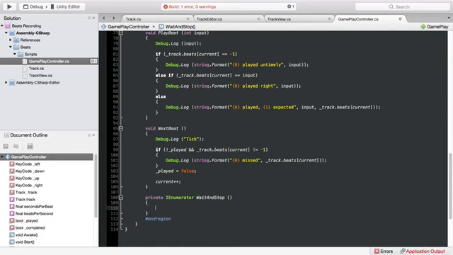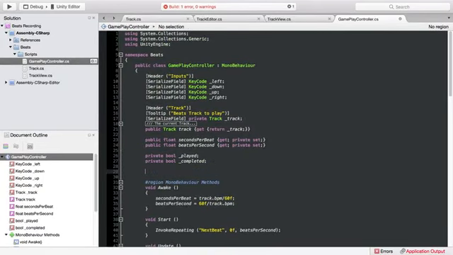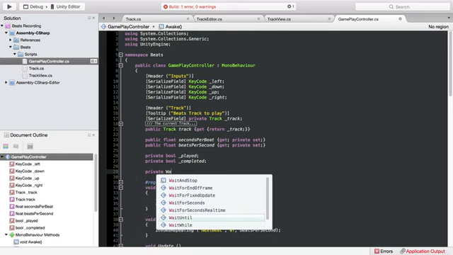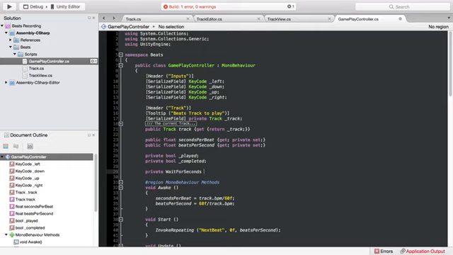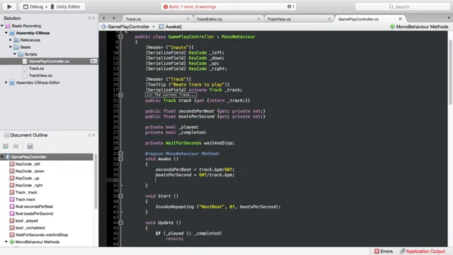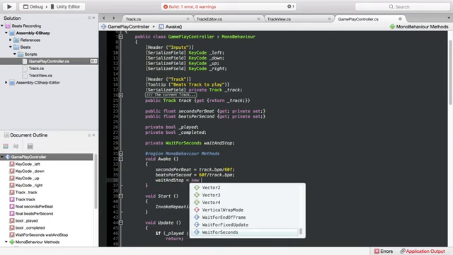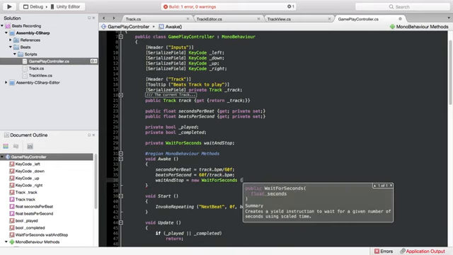So I want it to yield, and I'm going to add a private WaitForSeconds, which I'm going to call waitAndStop, like this. And in Awake, I'm going to say waitAndStop equals new WaitForSeconds, and I'll pass here